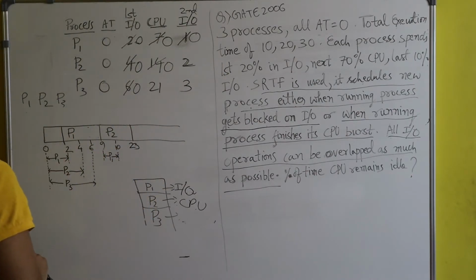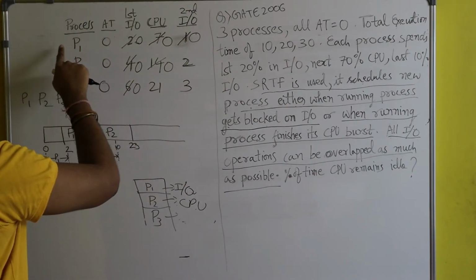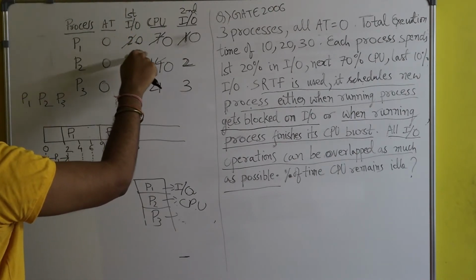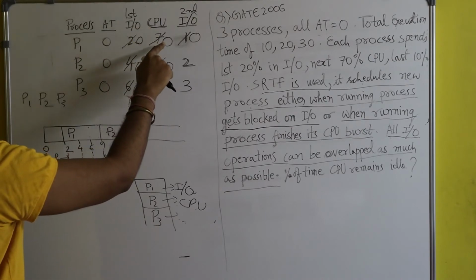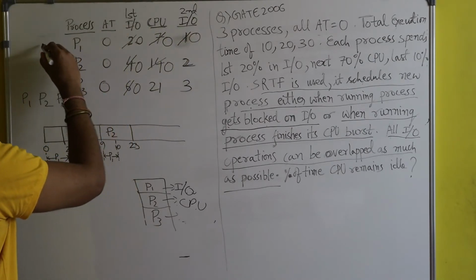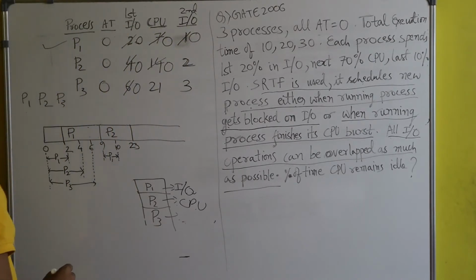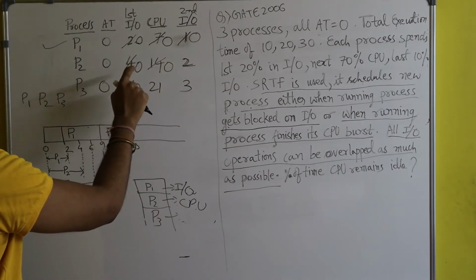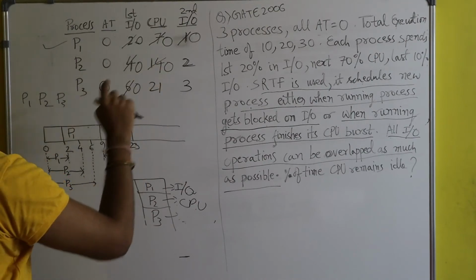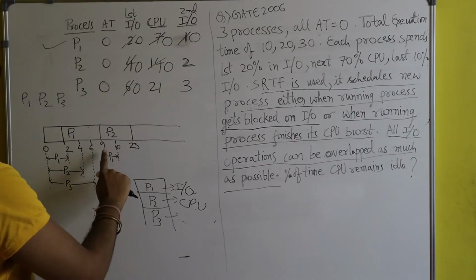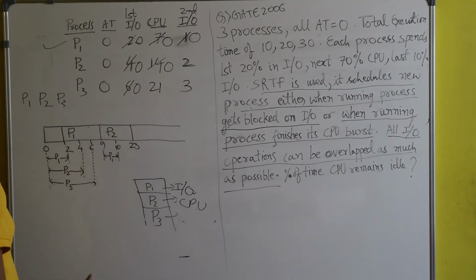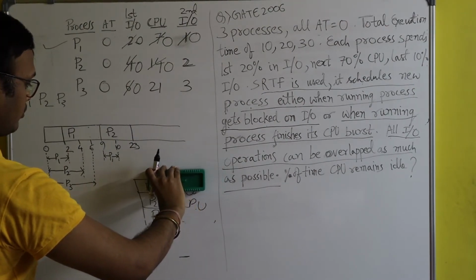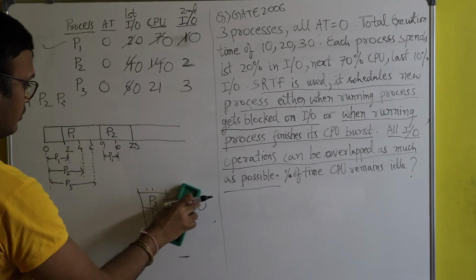Okay. So here you see process P1 is fully done. It means process P1 has successfully completed its first IO, then CPU, and then IO. So process P1 is done. And you see process P2 has completed its first IO and first CPU. And after the completion of its first CPU, here I will remove process P1, because process P1 is done.